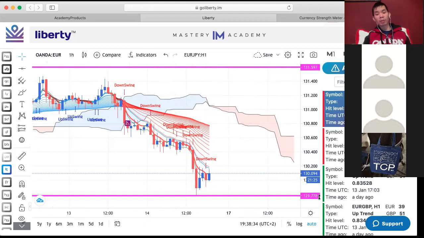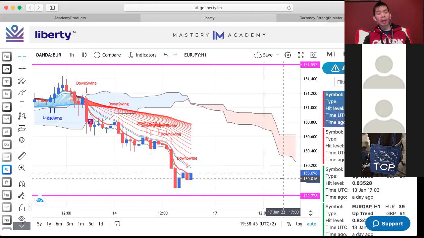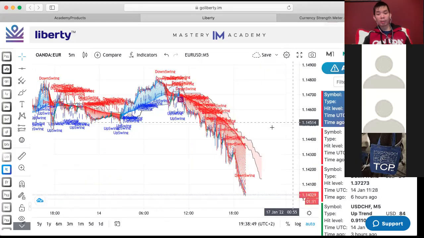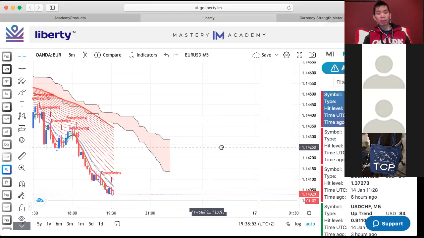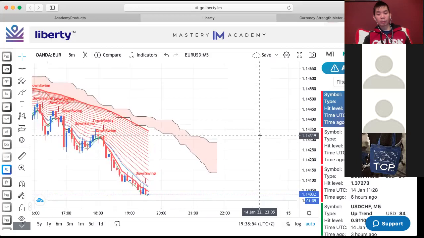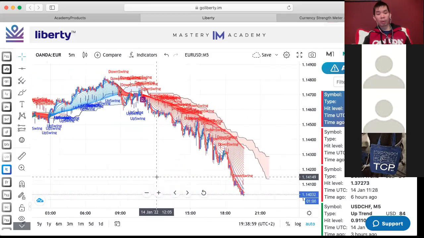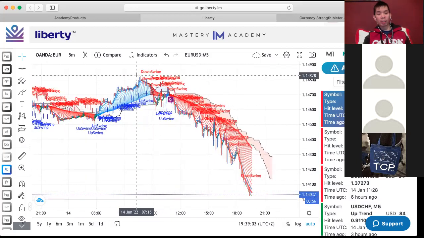So what you could do right now is practice on your demo account and go to your Pocket Option and do a 3-hour trade. Normally you could do a 5-minute on the same one. So here we go. Hold on one second. Euro USD is on a downswing as well. And basically you want to do the same thing where you look back, right about here,